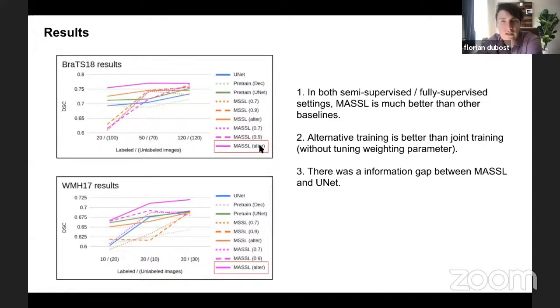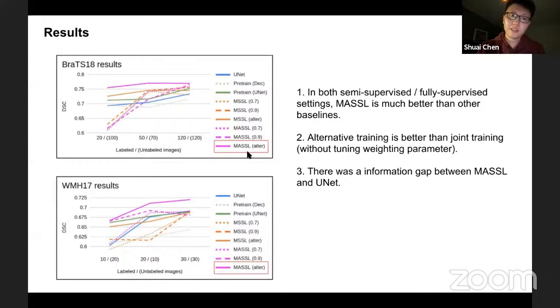Question about alternative training. So do you have one batch for one loss and the next batch for the same loss, and they have the same number of samples per batch? Yeah, we use one batch for one task and one batch for another task. So that's alternate. And you can also consider alternating between epochs, but we are afraid that if you train one task for a really long time, it will overfit to one task very quickly. So we use the batchwise alternate training,